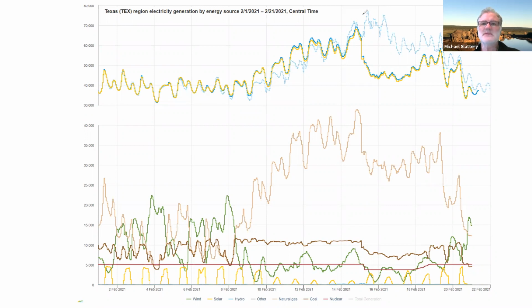So this is 15th of February, 16th of February, 17th of February. This is when the projections in the demand for electricity skyrocketed in Texas, because of the requirements for heating, right? And so where do things go terribly wrong? Well, things start going wrong here, right at about the evening of the 14th to the early hours on the 15th of February, so early Monday,